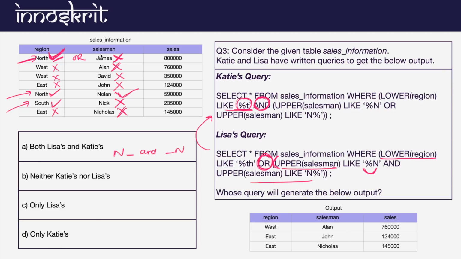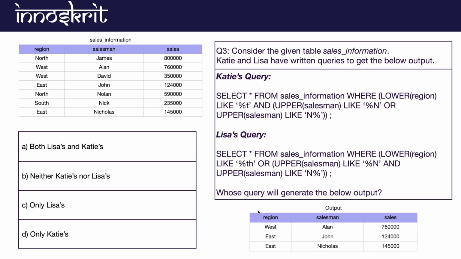So now you can see by performing Lisa's query we are just getting James, Nolan and Nick, right? Because we have the OR operator in between. So that means this is not generating this output. So only KT's query will generate the output which is given to us, right? So finally the answer will be option D.